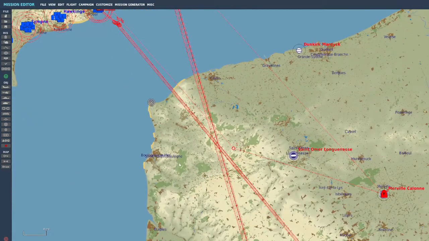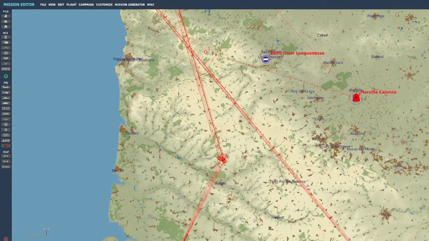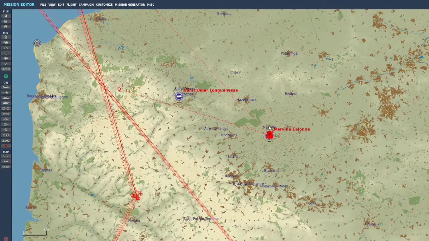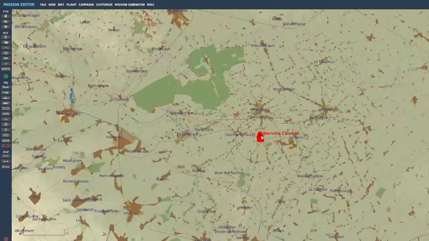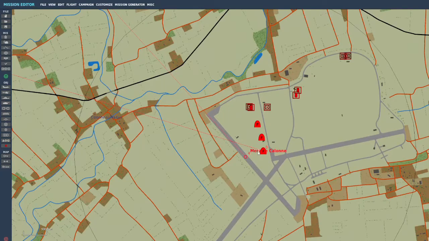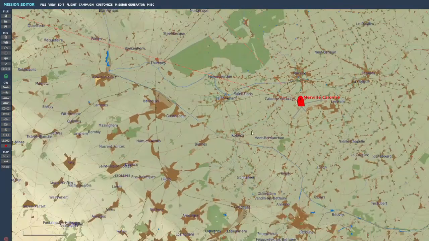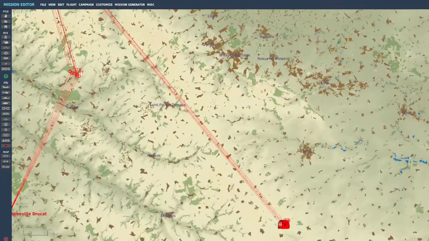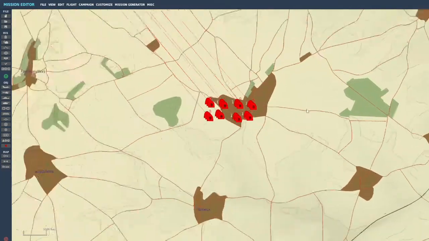Now I've done another pretty basic mission setup here. Same Merville Cologne airbase or airstrip, taking off from here. No differences with respect to the setup of my little group here of three BF-109s. The addition here, however, is a bombing squadron,